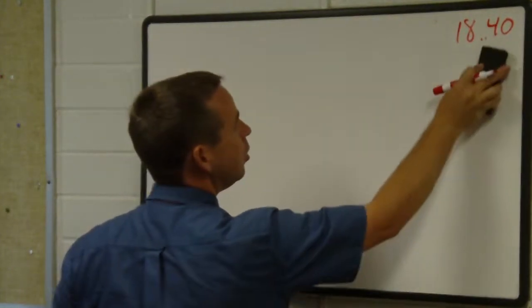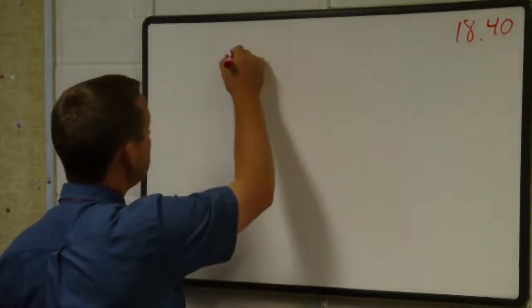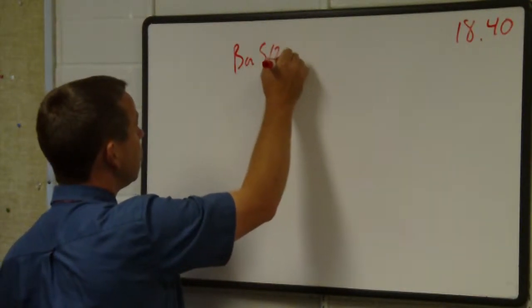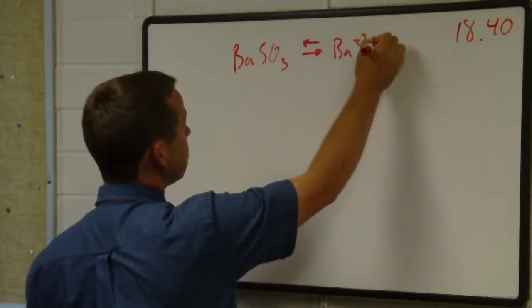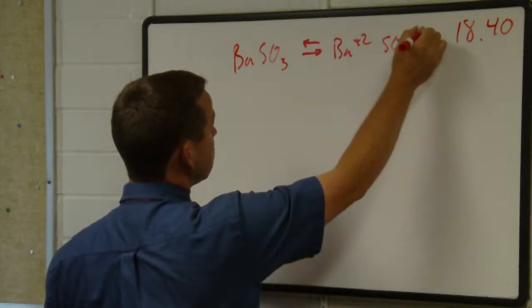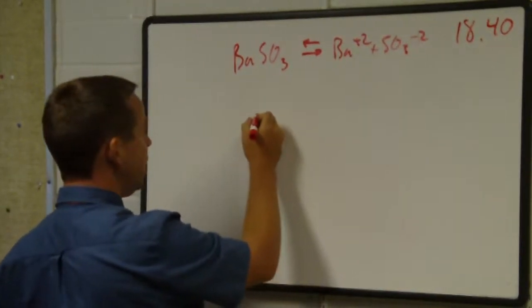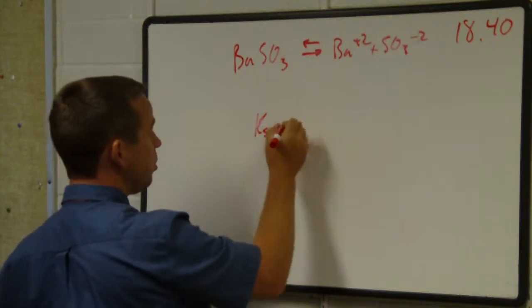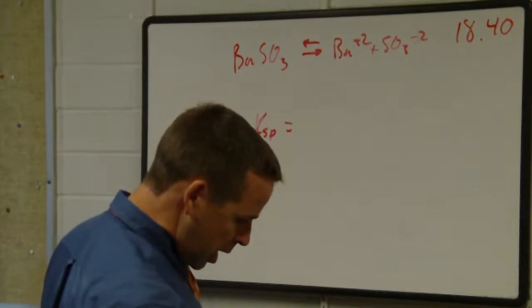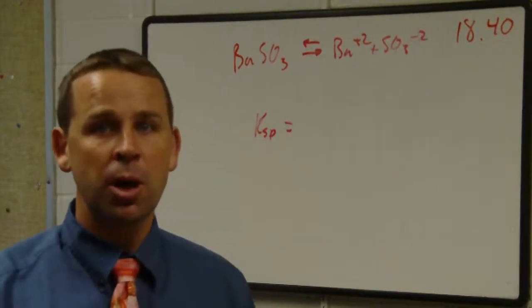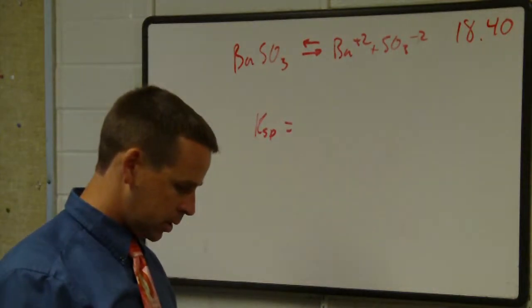So, barium sulfite, it dissociates like this. So the KSP is going to be equal to the concentration of this times the concentration of that. But we have some barium chloride already in solution. So how does that affect things? Well,